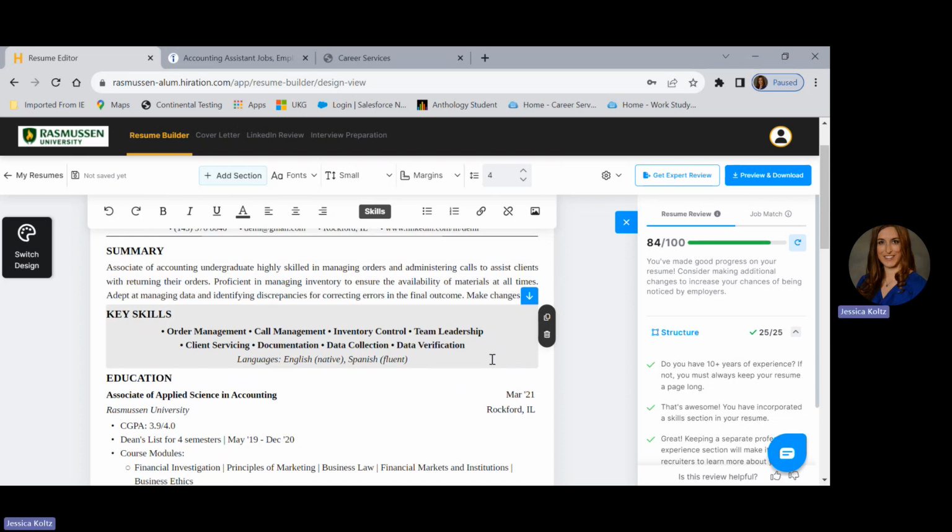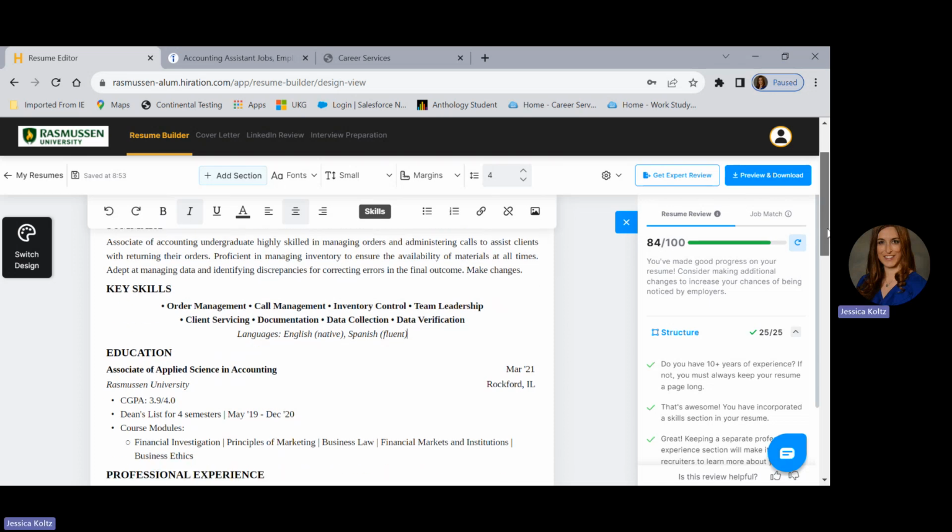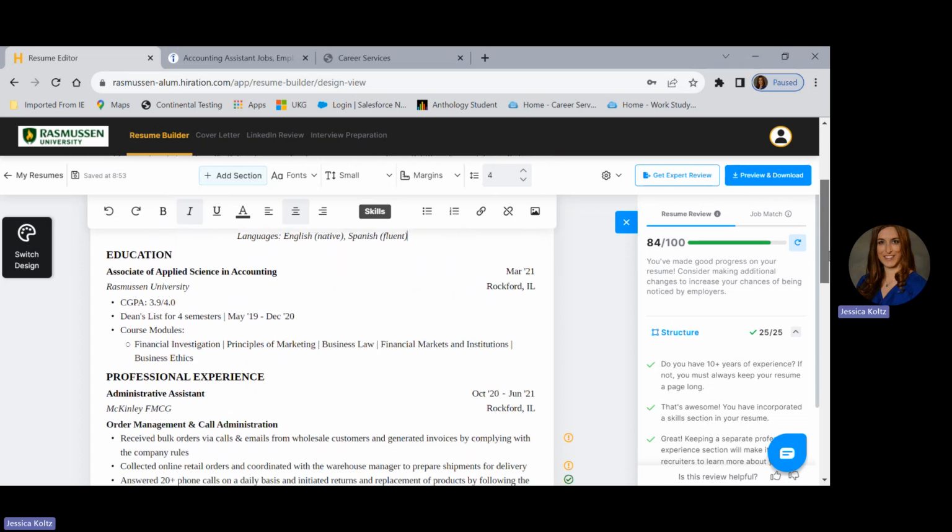For example, in the key skills section, you'll notice that it has languages Spanish as fluent and English as a native, meaning that you would be bilingual. You certainly want to make sure that it's a reflection of what you bring to the table from the various professional experiences you've had in education and training. Again, you'll want to make sure you review each section